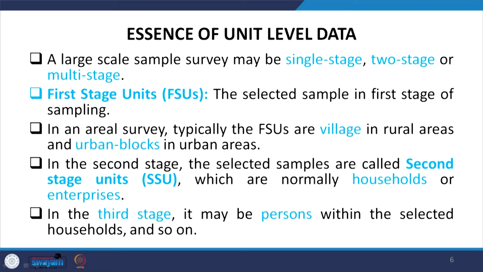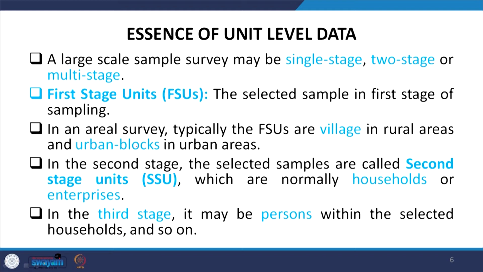Then how do they go about it? In villages, I think the standard way of referring to the FSUs is through the census to define the FSUs. The census is the standard reference, and from the census we have two categories. One is called village level sample census, another is called census enumeration blocks. Census enumeration blocks usually refer to urban blocks. Urban blocks are filtered and clubbed differently in the NSS approach.